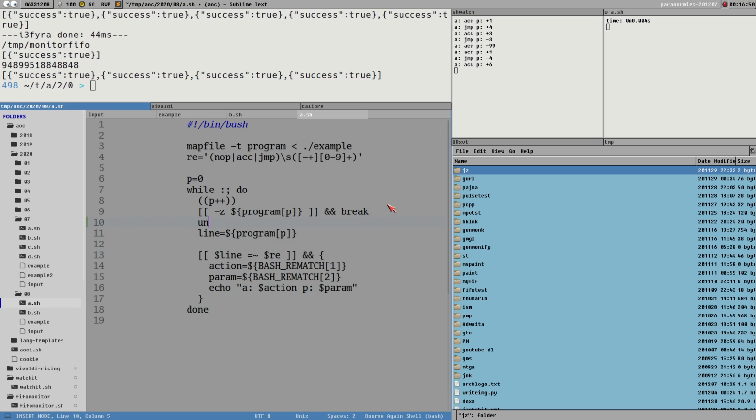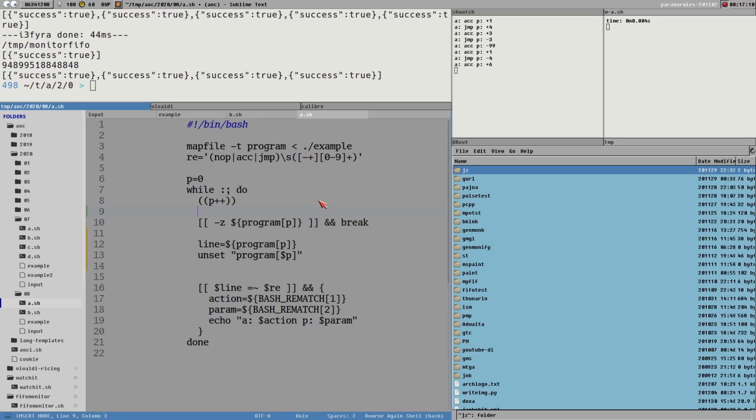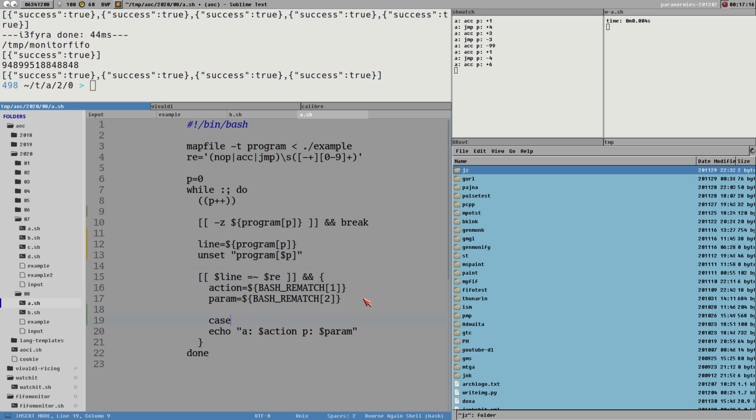So we just unset the visited program to this program RP here. Okay. This works, then we can do a case